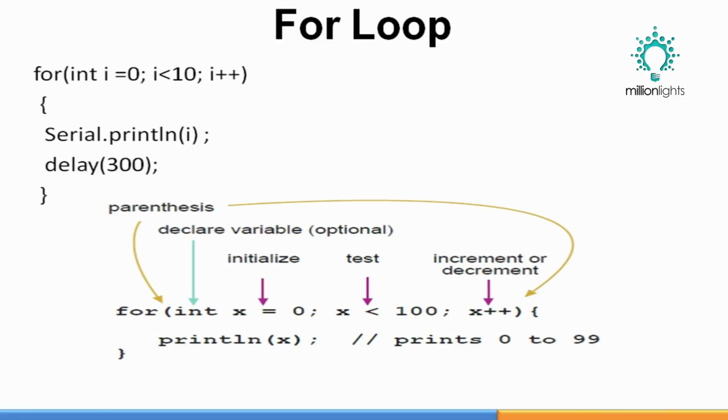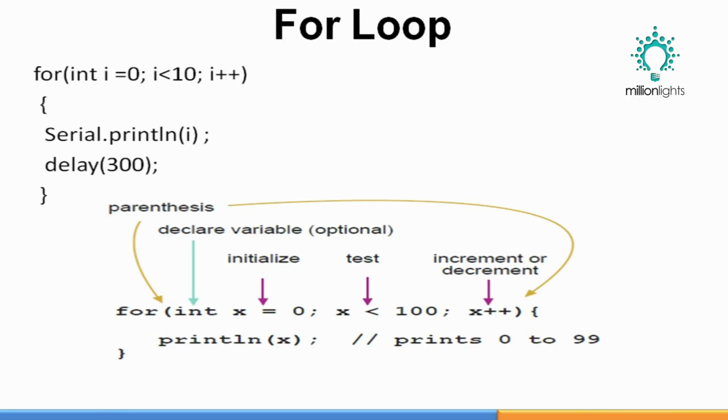Now when we go up to check the condition, the value of I is incremented by 1, so the value of I becomes 1. Now 1 is compared with 10, 1 is less than 10, definitely the condition is true, and we go inside the loop. Now inside the loop, we are printing the value of I. There is a delay of 300 milliseconds. The value of I is 1, so we print 1,